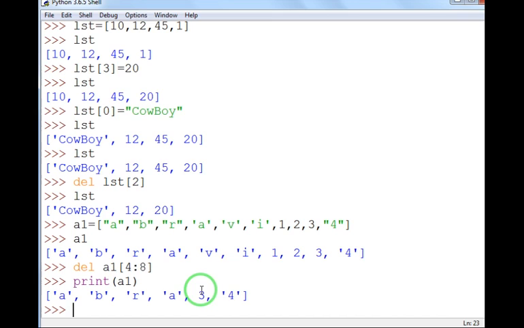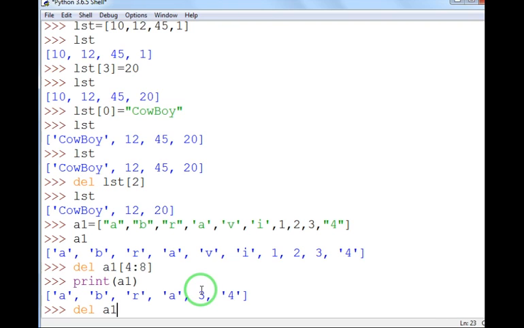But suppose you have created a list and now you don't want that list to be used. Now you want to delete that particular list permanently. You don't want to make it blank also, just want to delete that particular list. So if you want to delete a particular list, you will give the command del and then A1. So del A1 is the statement that you will use to delete a particular list.